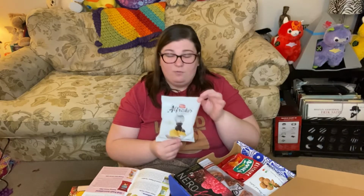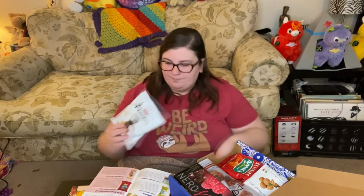Okay, so that is the truffle potato chips. We'll open these up once we've looked at everything and give them a try. So hopefully I'll get over the fact that it's a type of mushroom and like these. We'll give these a try after we go through all of them. Okay, and the next thing,